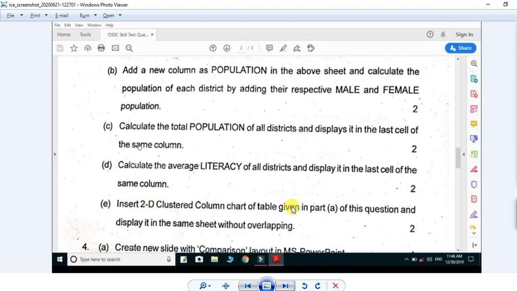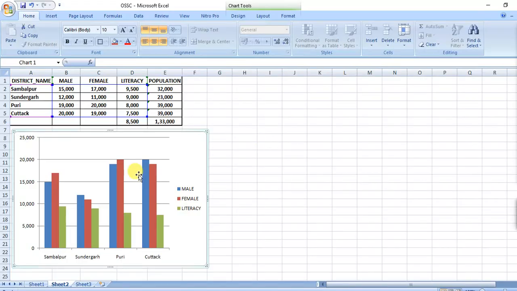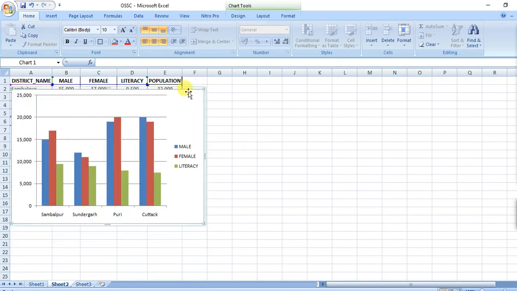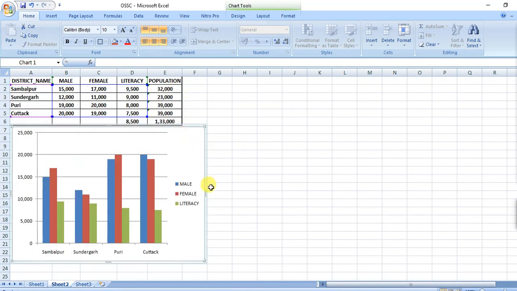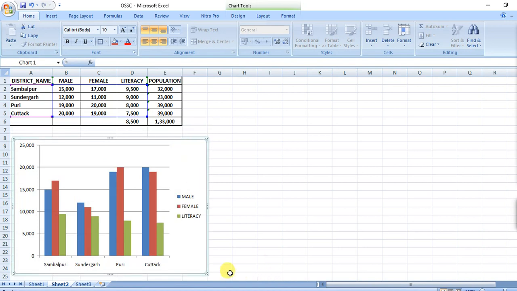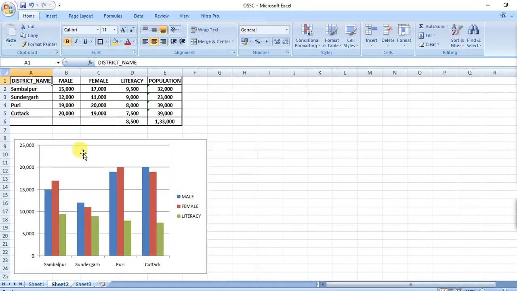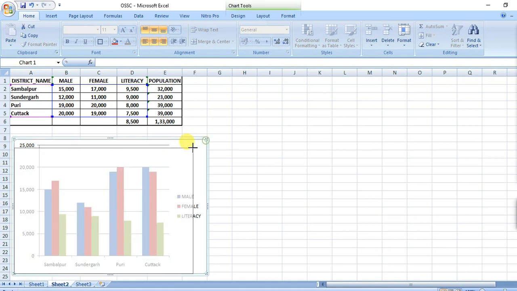Insert a 2D clustered chart and in this question, display it in the same sheet without overlapping. What is overlapping? I am just showing you. This is called overlapping. So that should not be overlapped, and it should be on the same sheet. Okay, so I am just making it a little smaller.